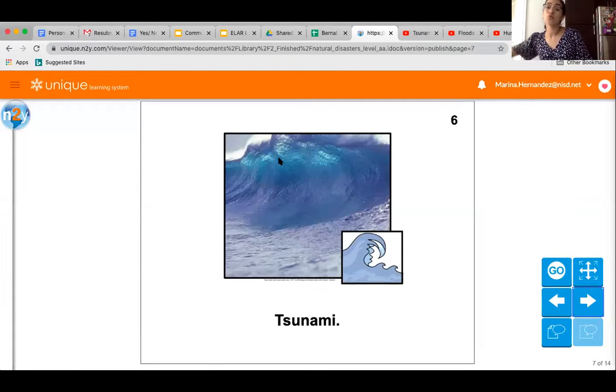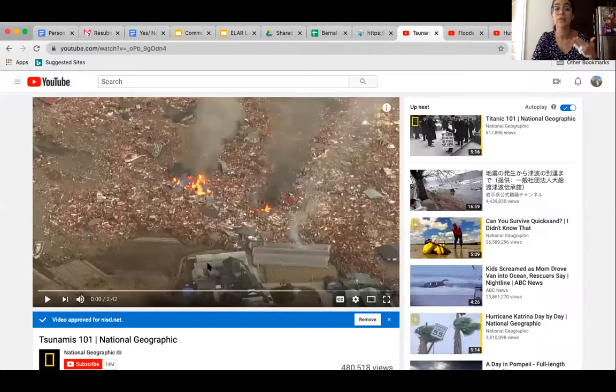Our next one is a tsunami. This one, to be honest, has frightened me for a very long time because I lived in Brownsville and my family and I would go to South Padre Island a lot. And in order to get to the island, you need to cross the Causeway Bridge. I think it's called the Queen Isabella. So you cross this bridge, and I always was so scared that one day a giant wave would obliterate us. And I was not a very good swimmer at the time, nor am I now, but that always scared me. So let me show you a little sneak peek of what that could do.